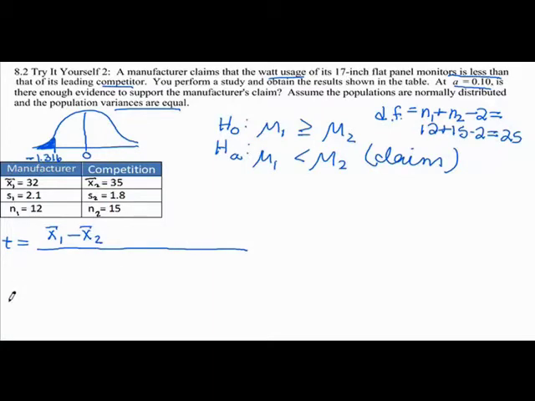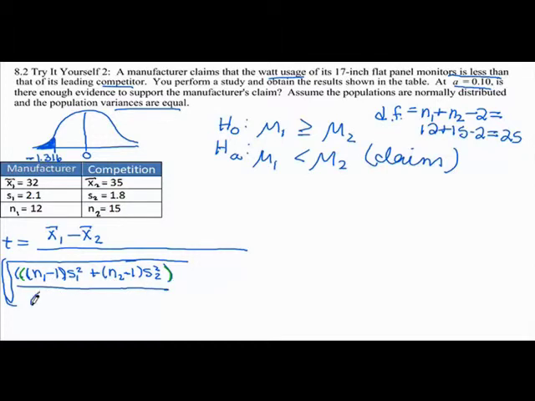It's going to be the square root of, and we're going to put a parentheses in front of that square root when we put it in our calculator. The square root of, and we're going to put a few parentheses here also, n1 minus 1 times the standard deviation squared. So if they give you the variance, you're not going to square it. But if they give you the standard deviation, you are squaring it. Plus n2 minus 1 times the standard deviation of the second sample squared. We're going to close that parentheses there. So there's our first set here. Our second set is the numerator here. And then our third set is going to be the whole